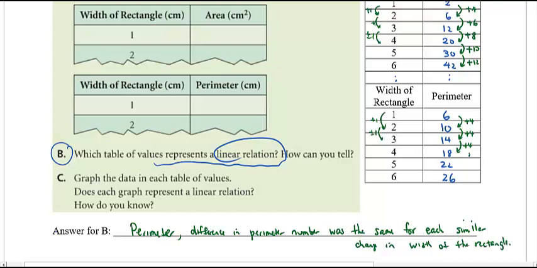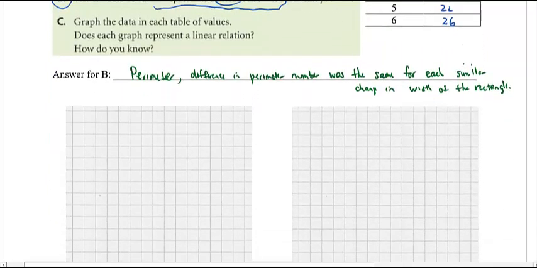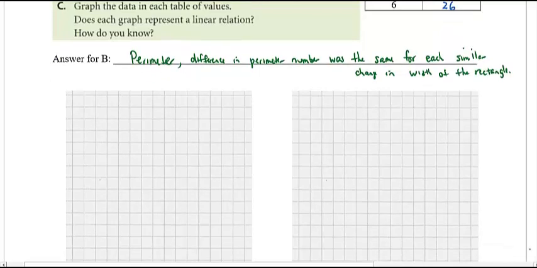Okay, right? These all went up by 1, those went up all by 4. Always the same. Okay, now let's see if we can graph the data in each of the table values,